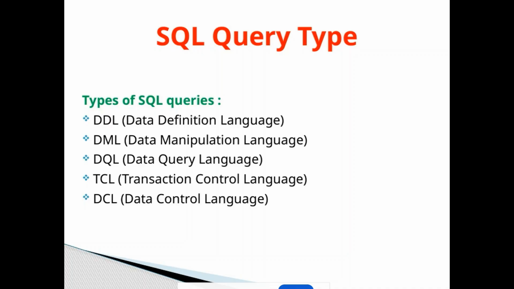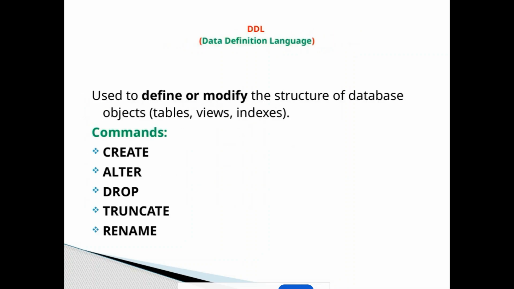Understanding these different query types is fundamental because they form the backbone of how we work efficiently and securely with databases across various applications. Let's talk about Data Definition Language, or DDL for short. This is the part of SQL that we use to define or modify the structure of our database objects, like tables, views, and indexes. Essentially, whenever you need to create a new table or change an existing one, you're working